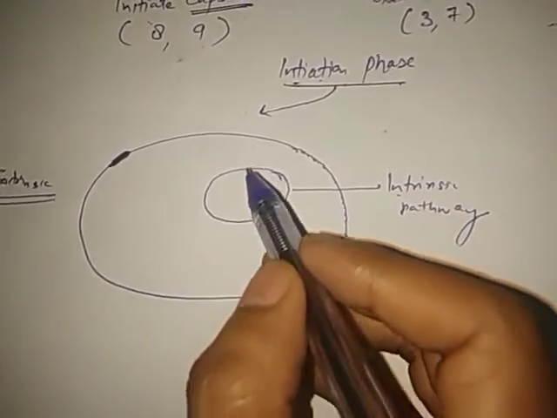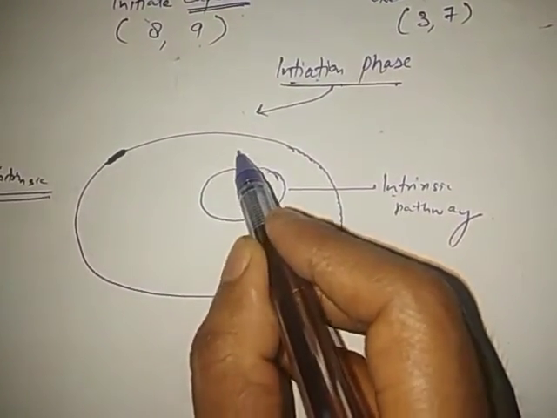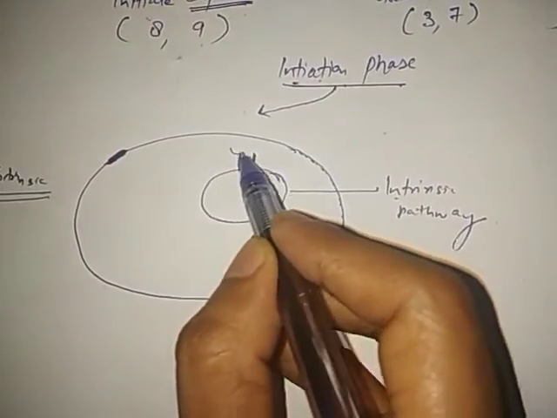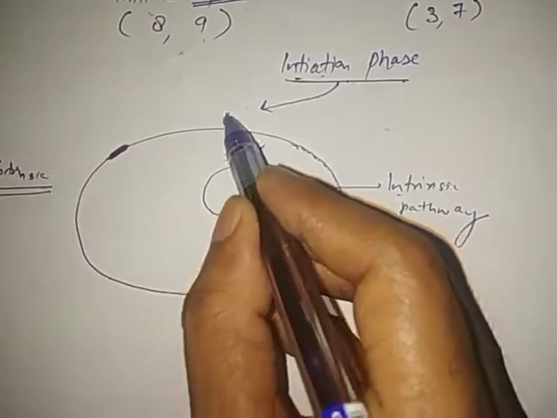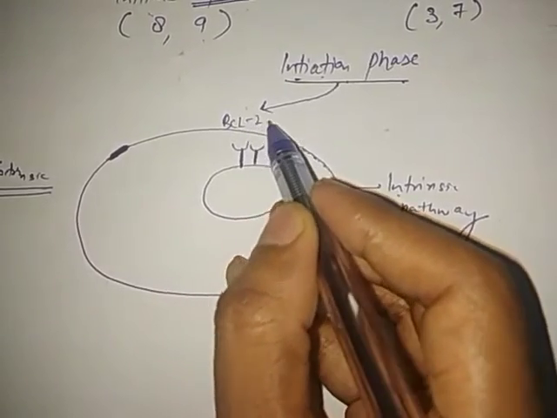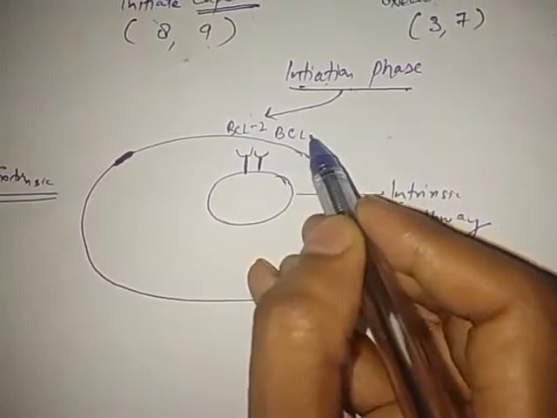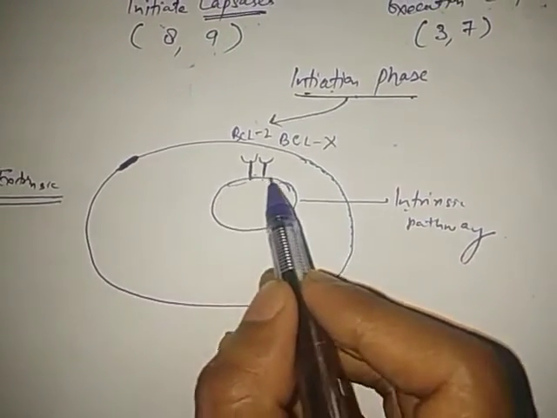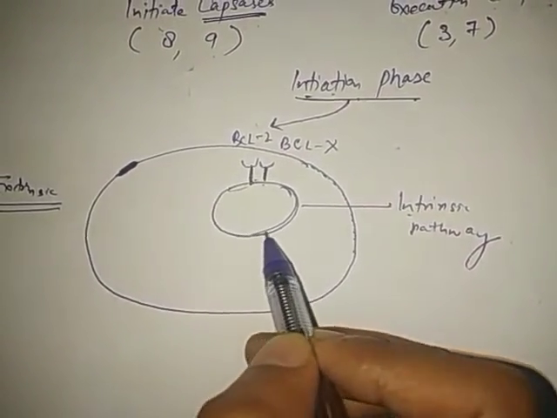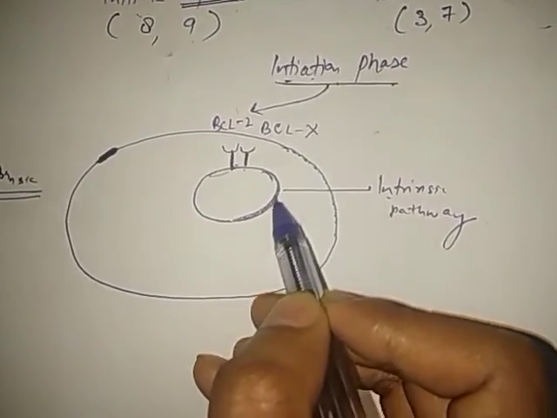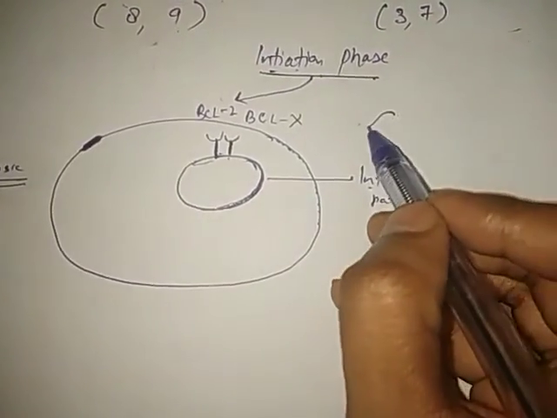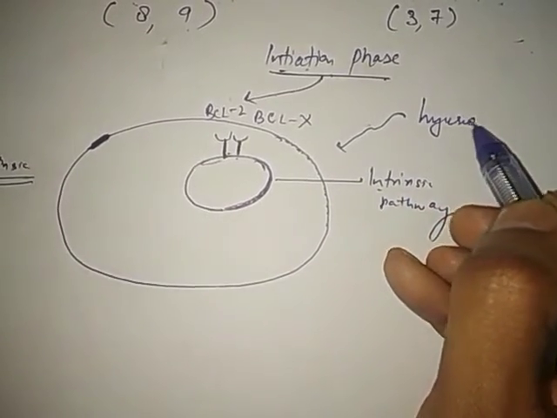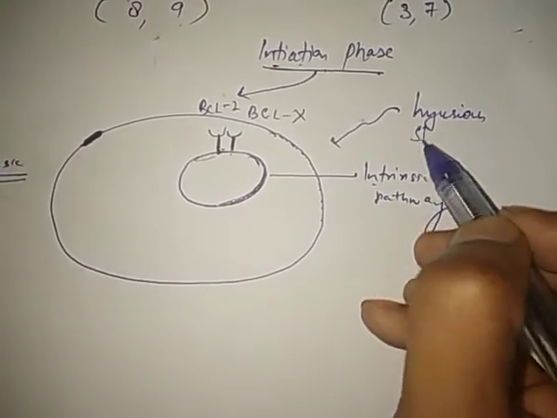In the mitochondria we have the anti-apoptotic proteins, which are BCL2 and BCLX. These are the anti-apoptotic proteins that do not allow apoptosis to occur in normal healthy cells. But whenever there is an injurious stimulus,